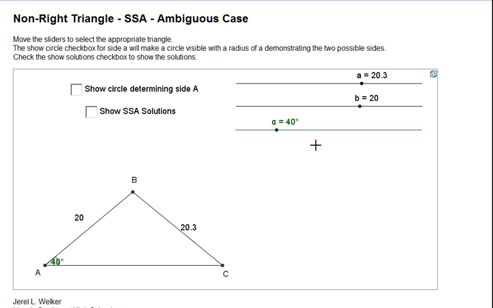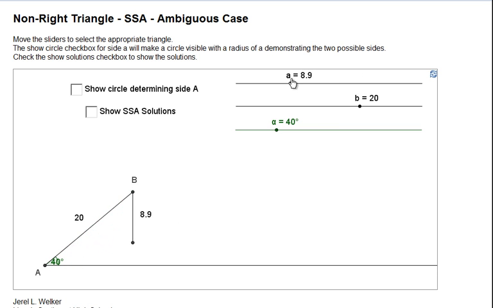But look at what happens. If I change the length of this side, right, if instead of being given a 20.3 side, I'm given a shorter side, right, look what happens. I have no possible triangle, right, because this third side is too short and it won't connect. Okay? Now, the other thing that you have to be aware of is that while sometimes